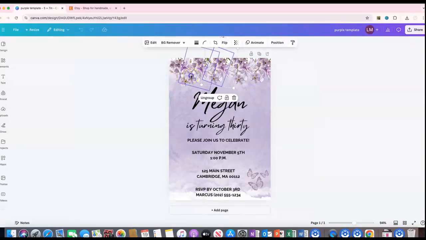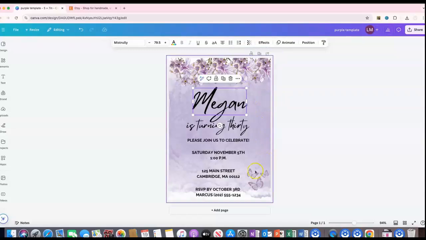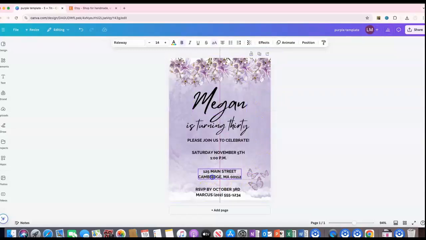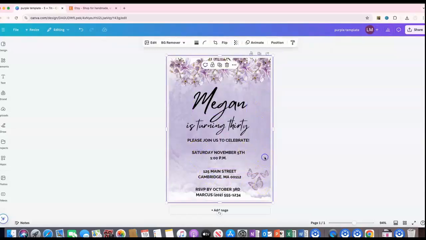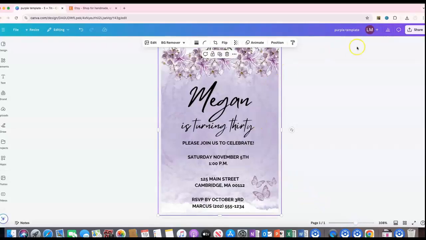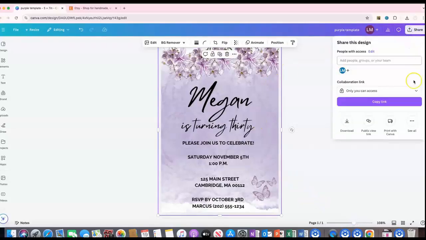You see how you can change the flowers around. You can change the font. I want them to be able to get this and then add their own details into the template. They can change the color of the template, all of this. So in order to send this to them as an editable document, what I do is go to share,